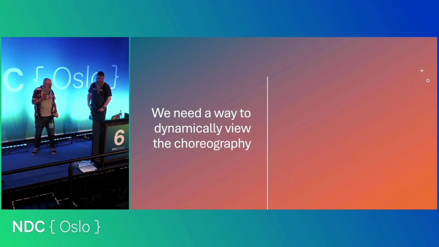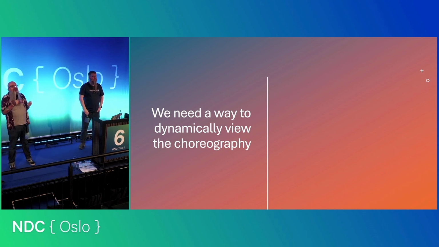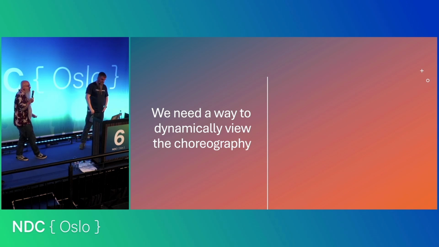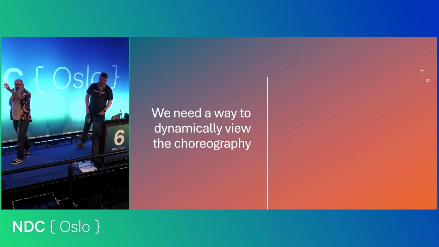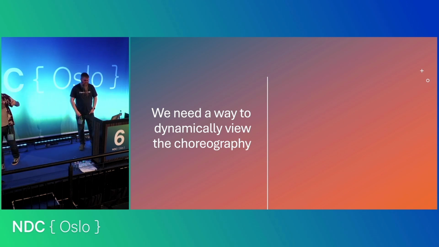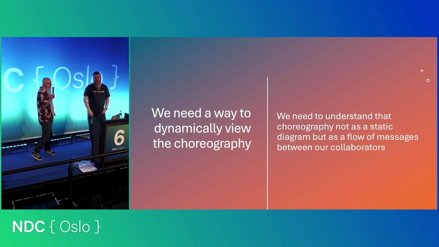So the problem is that we need to have some way to light up some kind of diagram at runtime that is, I feel like, a runtime version of that choreography diagram. It's going to say, at runtime, what are those interactions that are happening? How can I determine the flow that actually occurs? How can I see it? How can I see the problems? How can I analyze and understand what's going on, right?